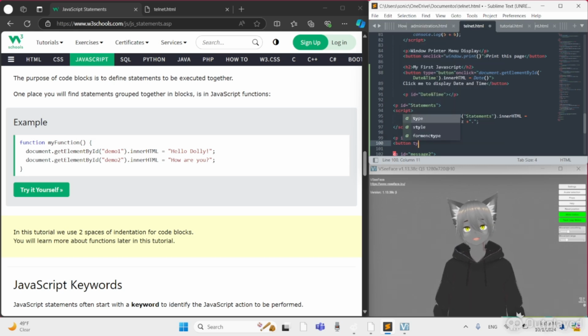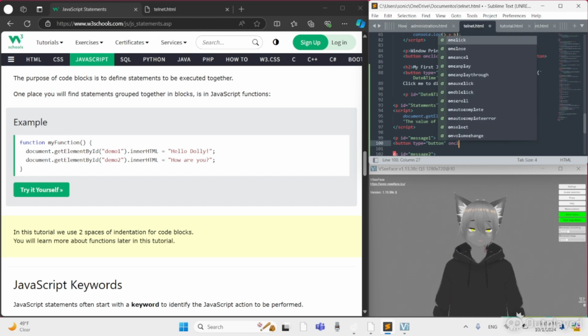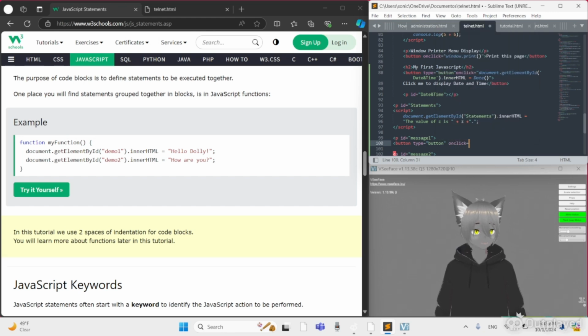Button type equals button, and onclick equals document.getElementById, and we'll go message1 .innerHTML equals